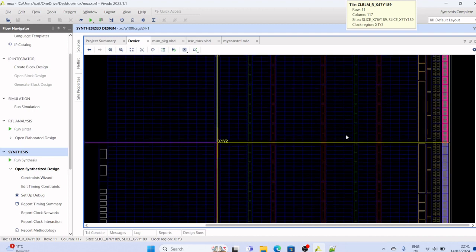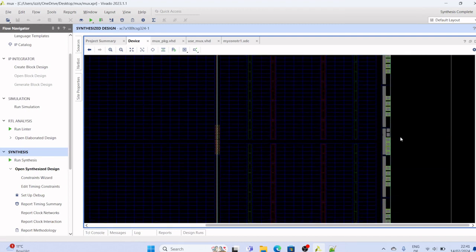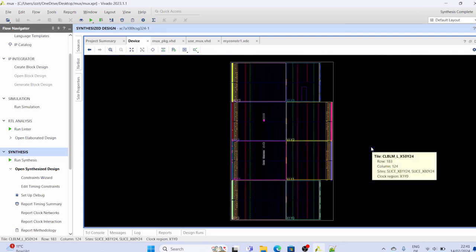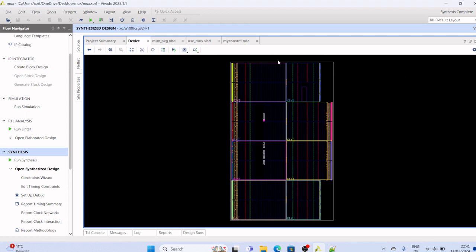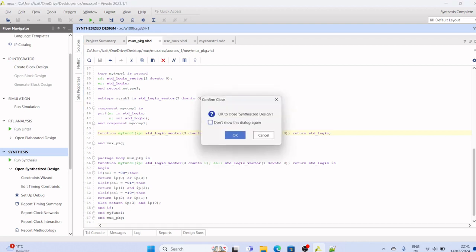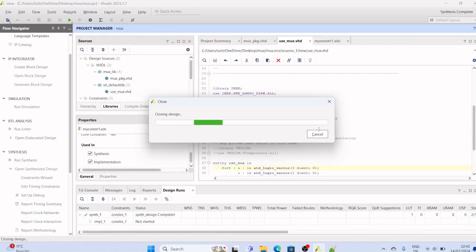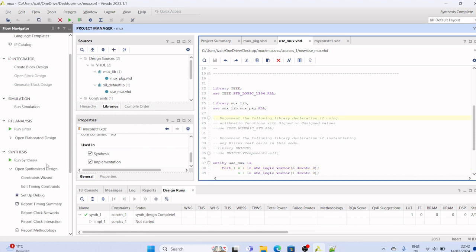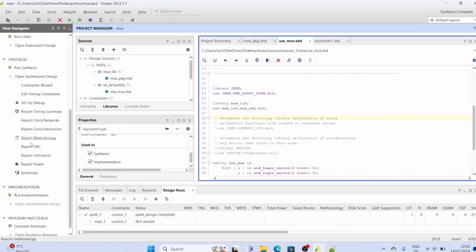Okay, and that is about the synthesized design. Okay, all right, so let me go back to the synthesized design. Right,